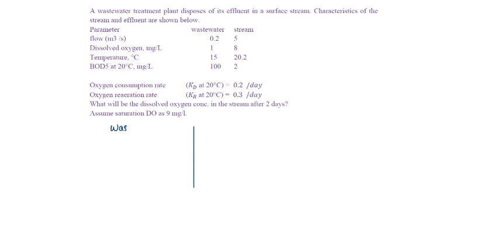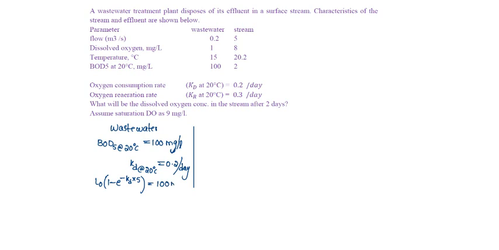In the wastewater, the BOD5 at 20 degrees centigrade is given as 100 mg per liter, and Kd at 20 degrees centigrade is 0.2 per day. BOD5 is L0 into (1 minus e power minus Kd into t), where t is 5 days, which is equal to 100 mg per liter. From this, L0 will be equal to 100 by (1 minus e power minus 0.2 into 5), that is equal to